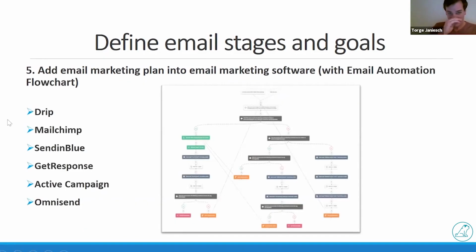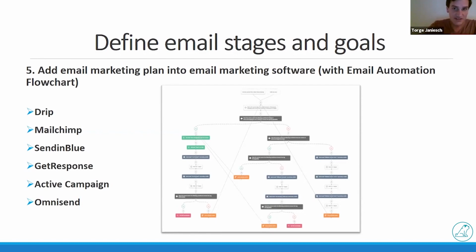So once this process is done, I prefer to work offline and work through the process of thinking it through: what will happen when, what if, this logic. If this is clear to you, like what will happen when, then it's time. Some people would say, well, I will just put it straight away into the email marketing software. I personally prefer to do it first offline and then add these considerations into the software and make it go. And depending on which software you're going to use,